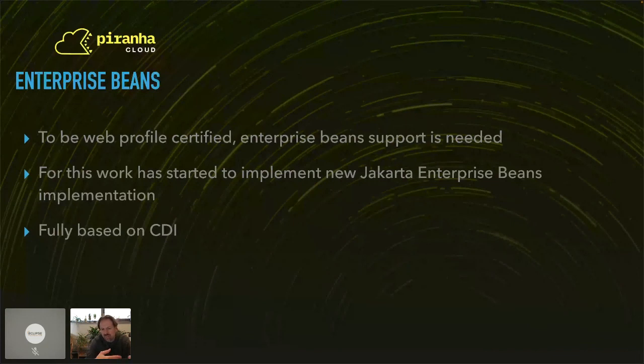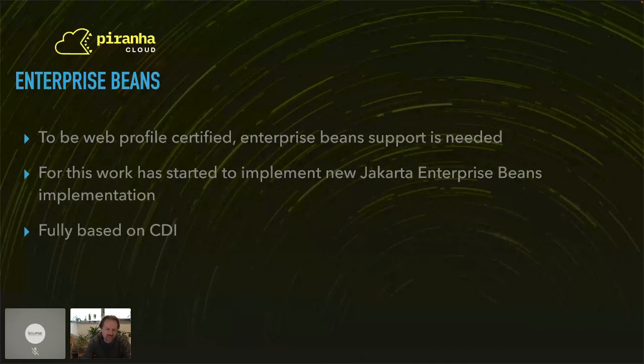So what we've done is start a new Jakarta Enterprise Beans implementation. It's still quite early, but the idea is to fully base this on CDI. Everything that Jakarta Enterprise Beans offers is re-implemented using CDI features.